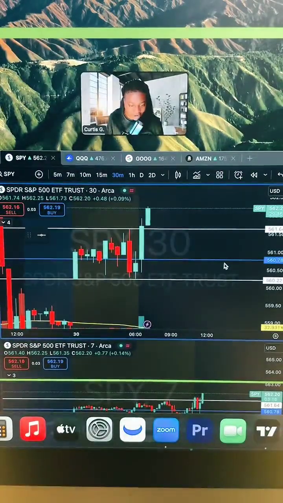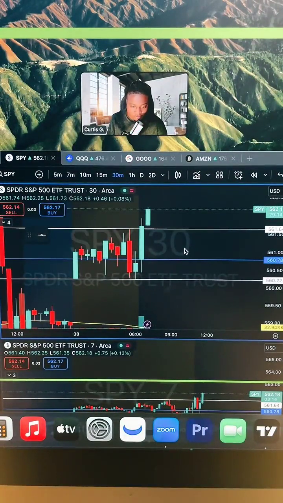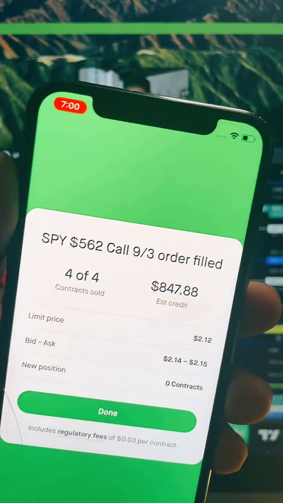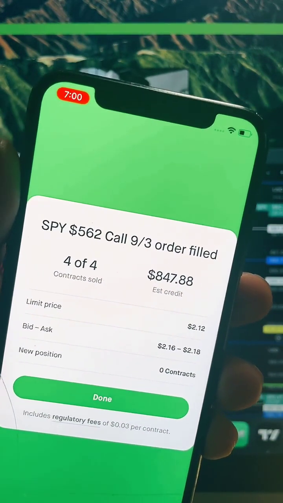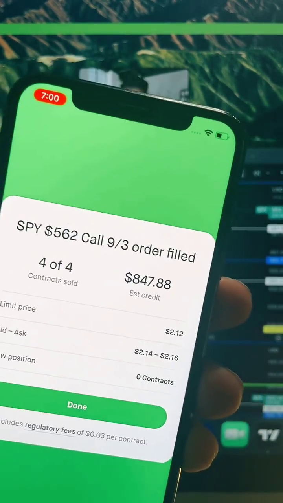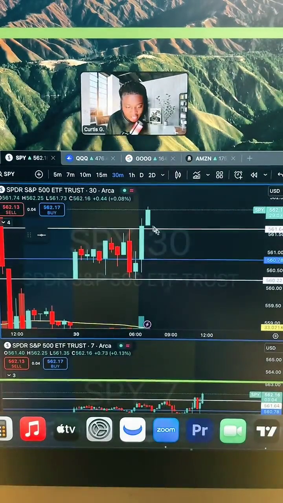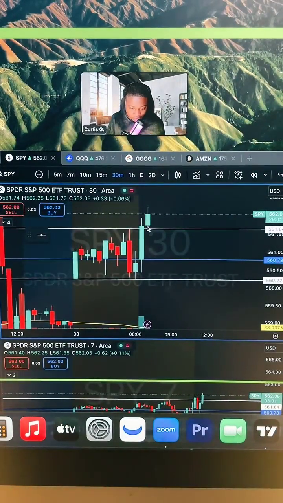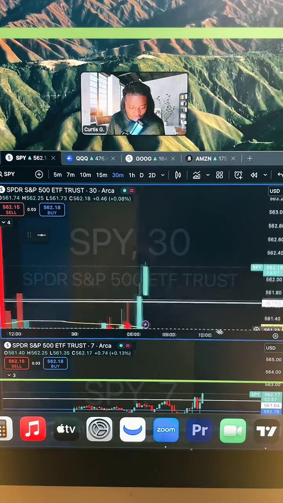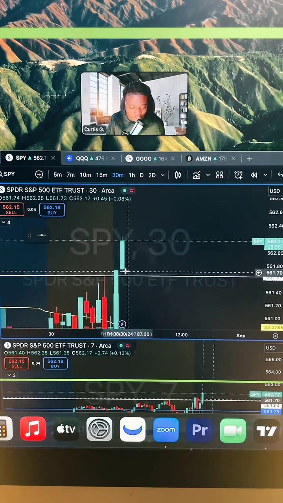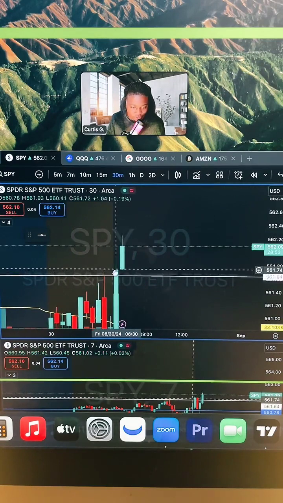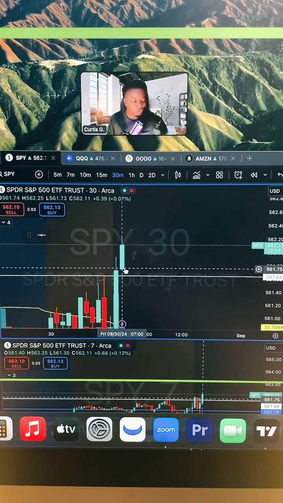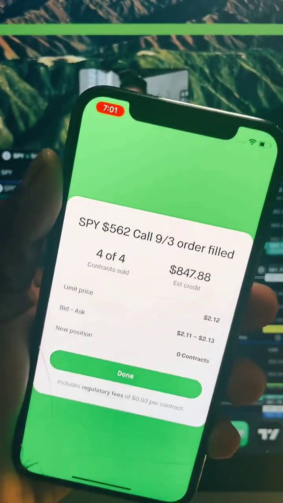We got in and out of those calls very quick on the scalp. If you saw it, I didn't even have enough time to signal my trade, put it in the Discord. It jumped up to profit target that fast. If you look at this candlestick, right when this 30-minute candlestick opened, it popped up. So it didn't even have time to really signal my Discord or anything like that. But I was looking for calls. Told you guys right there. Just craziness, crazy bullish momentum.